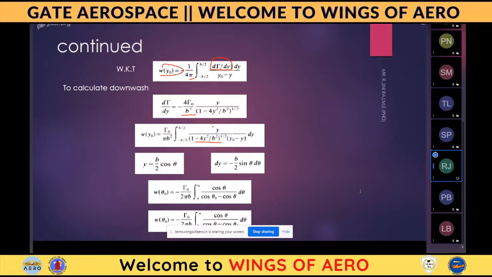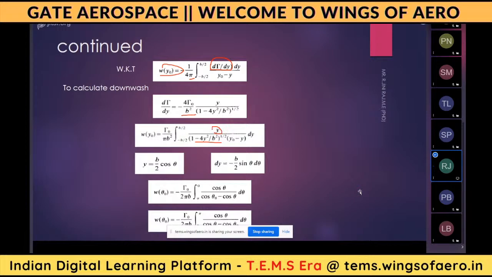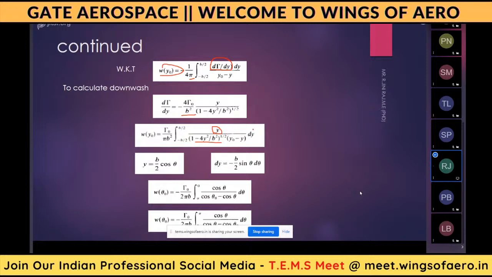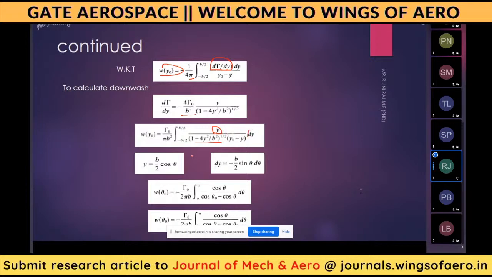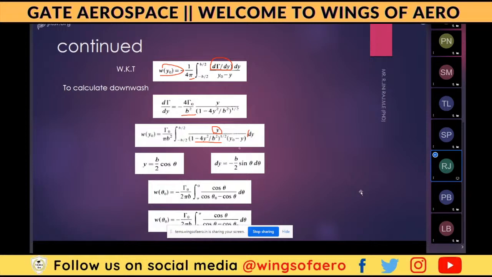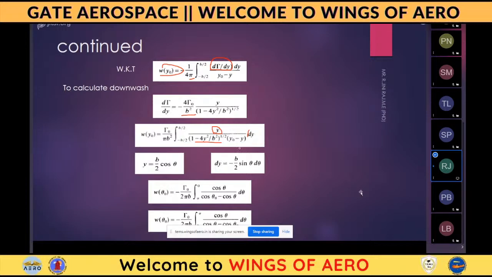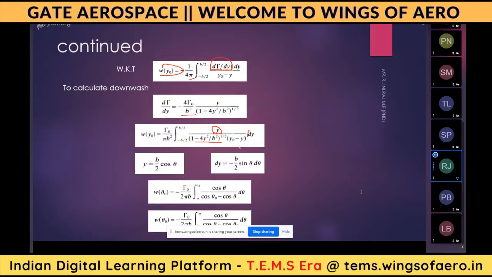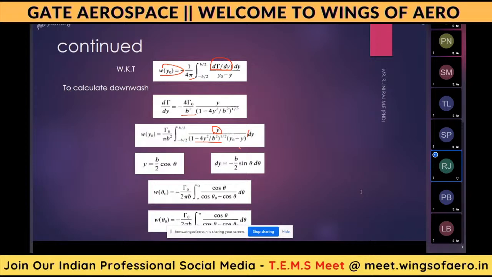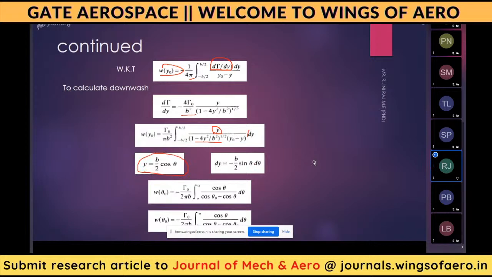So here we have three variables: y, y naught, and dy. We have already seen this in thin aerofoil theory. We need to transform this. From the Kutta-Joukowsky transformation itself, we can transform a circle into a flat plate, and a flat plate into an aerofoil. Based upon that transformation, we apply y equal to b by 2 cos theta, and differentiating this y,